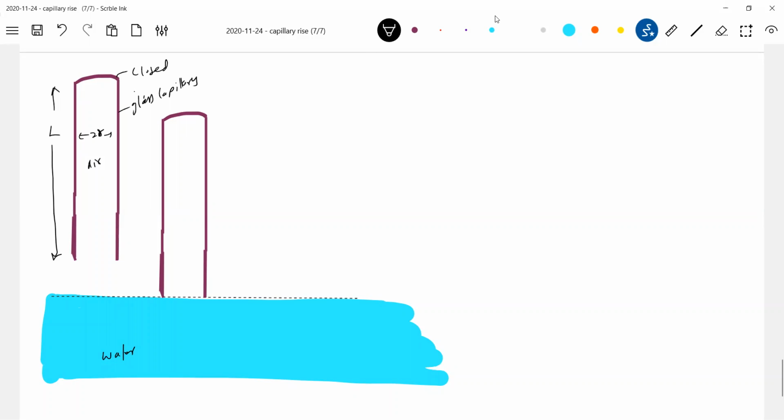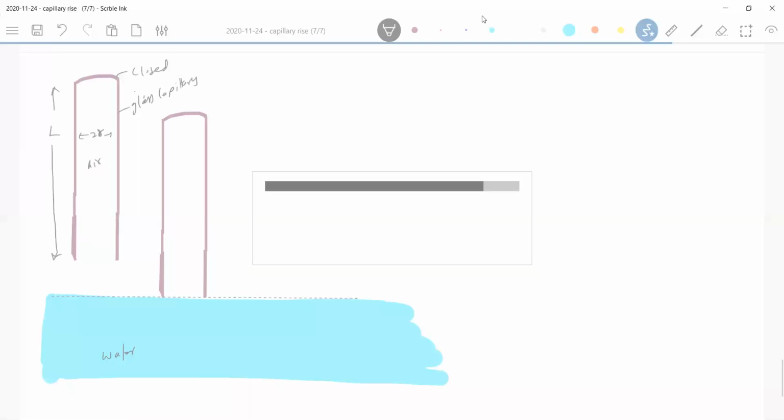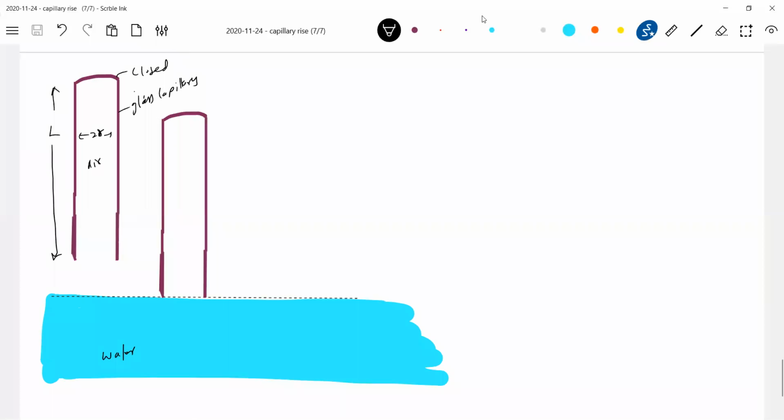Now, what will happen to water? Water will wet the capillary. Water will wet the glass. So what will be the shape of the liquid here? The meniscus will take a shape like this. Then again, if you draw a horizontal line, means here pressure at this point and this point. Where will pressure be more? Here P naught, here less than P naught. So therefore the liquid will rush like this, no? I'll really show all the diagrams. Please, all of you, make observation. This is 1, 2, 3.